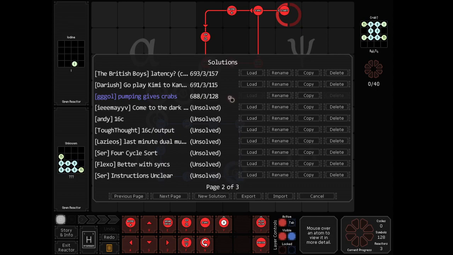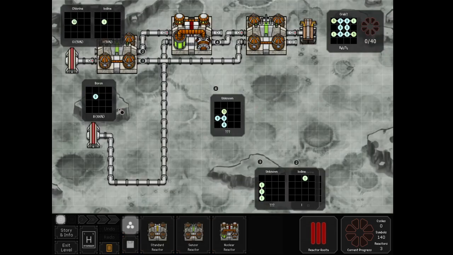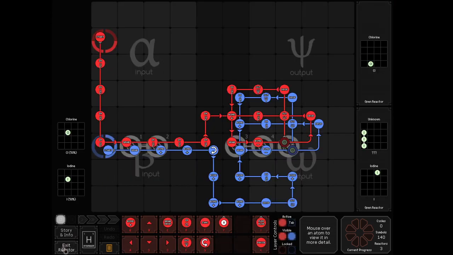Next is ieeemayyv, which is IEEE and anningmay, same as last week, but they've also added vpumeyyv this week. Has joined them, and let's see what they came up with. Come to the dark side, we have extra iodium. Yeah, that's right, they did something fun here. I guess iodium being their term for molecules of iodine. I'm not sure if that's right, but